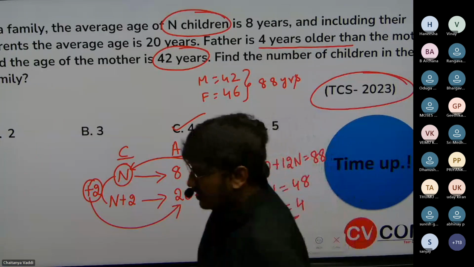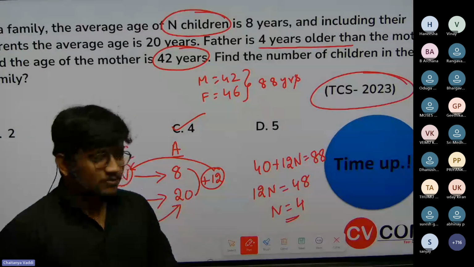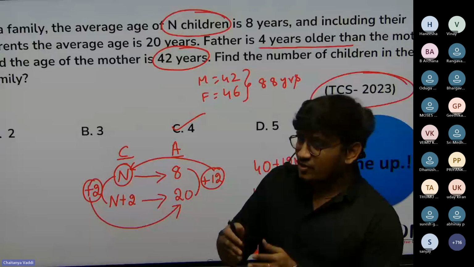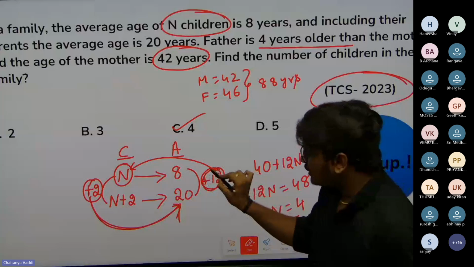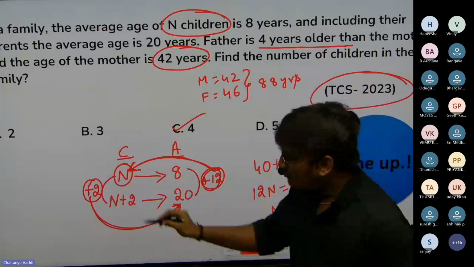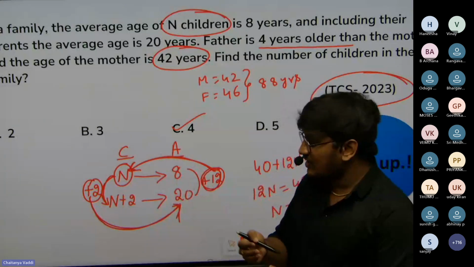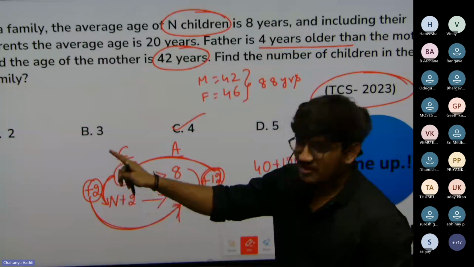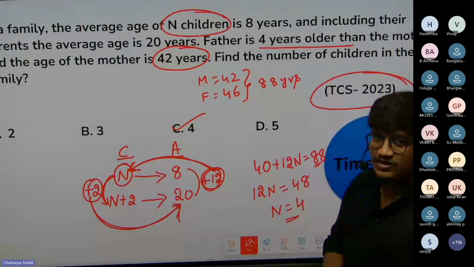Let me see, any doubts? Yeah. If you observe, like we solved one question where the teacher's age is included. Whenever you use this shortcut, this 2 will be multiplied with this 20 and this 12 will be multiplied with this n. So you will get the value of the person who is getting added. Here, two members are getting added, so I'm equating this value with the mother and father's age. If it is only one person, that person's age will be equal to this value. That's the reason we are equating the value with 88.